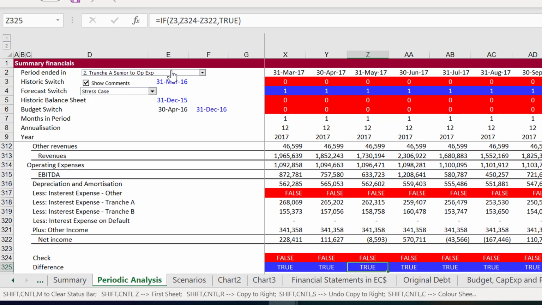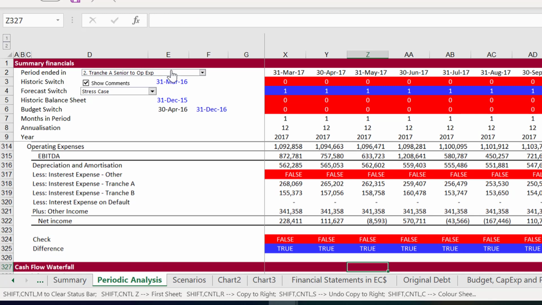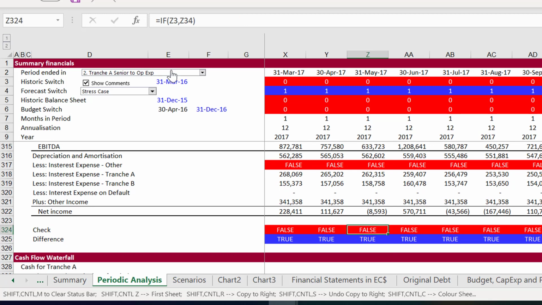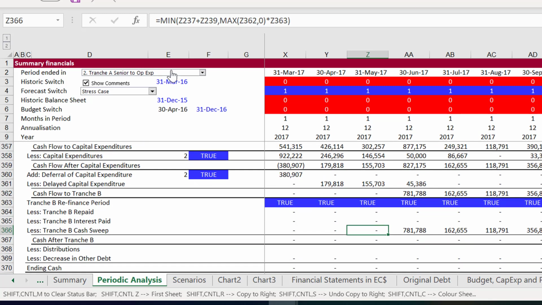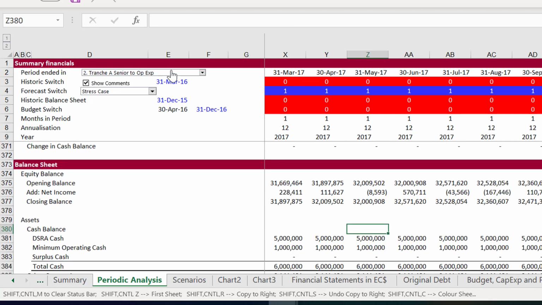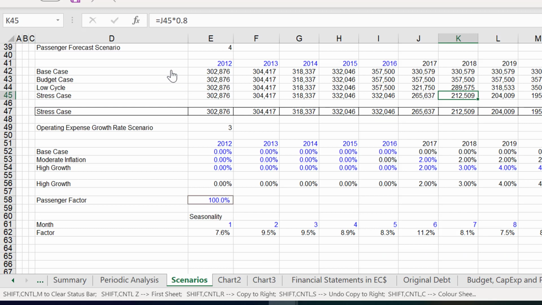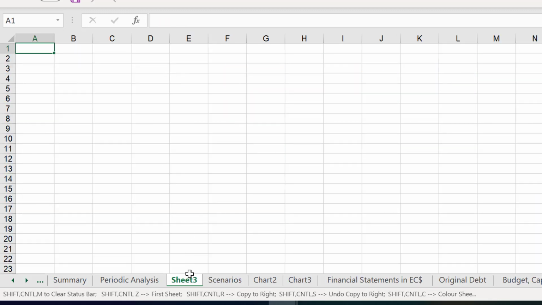Now, I think this was a pain to really go through and observe, and I think it would have been much better. And that's the final thing we're going to do: I'm going to make a new sheet. It's really what that other model had, and what we're going to do is put in an annual analysis.